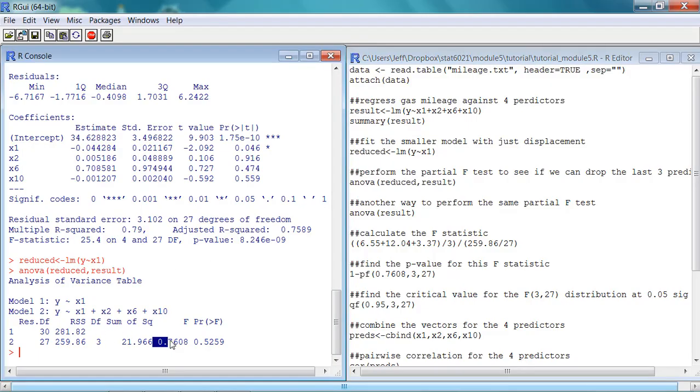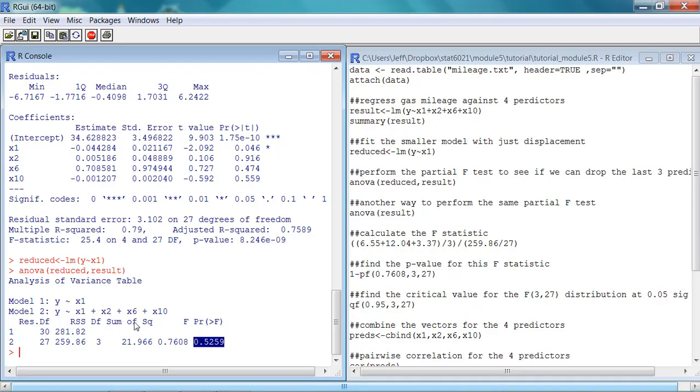So the F statistic for this partial F test, that's the F statistic, and the corresponding p-value for this F statistic is that. So it's a quick reminder, right? The null hypothesis is saying that the slopes for your 3 extra predictors are all equal to 0. That means you can drop them, and the alternative is saying at least one of these predictors has a non-zero